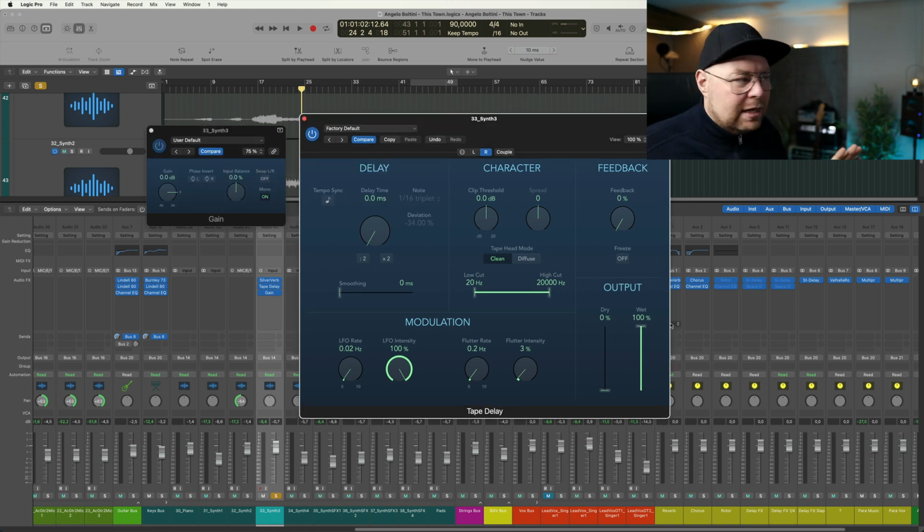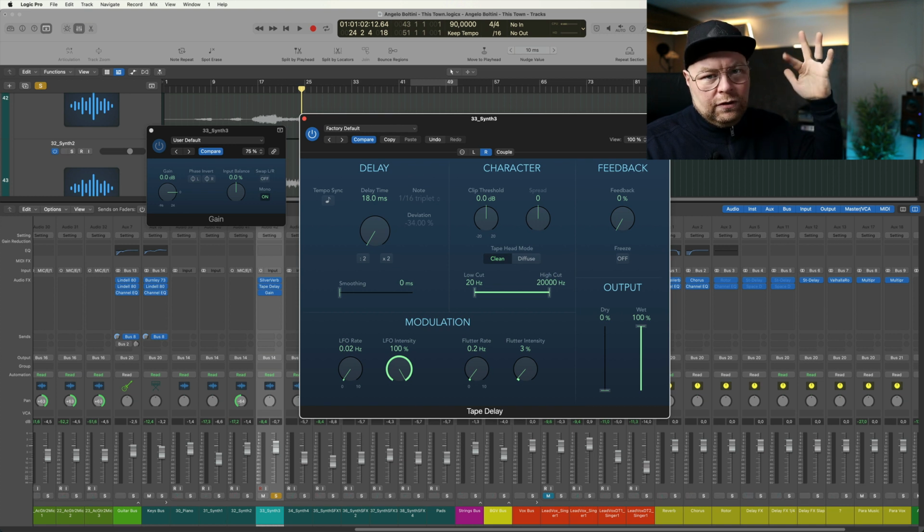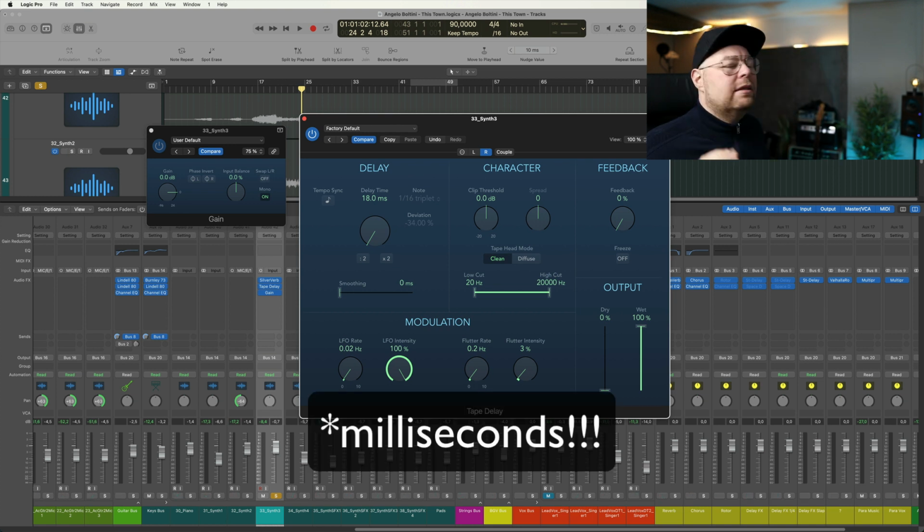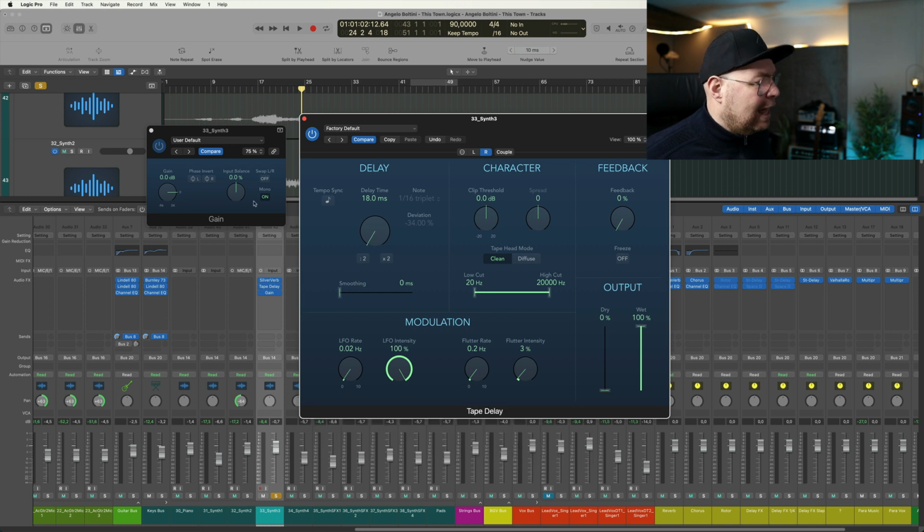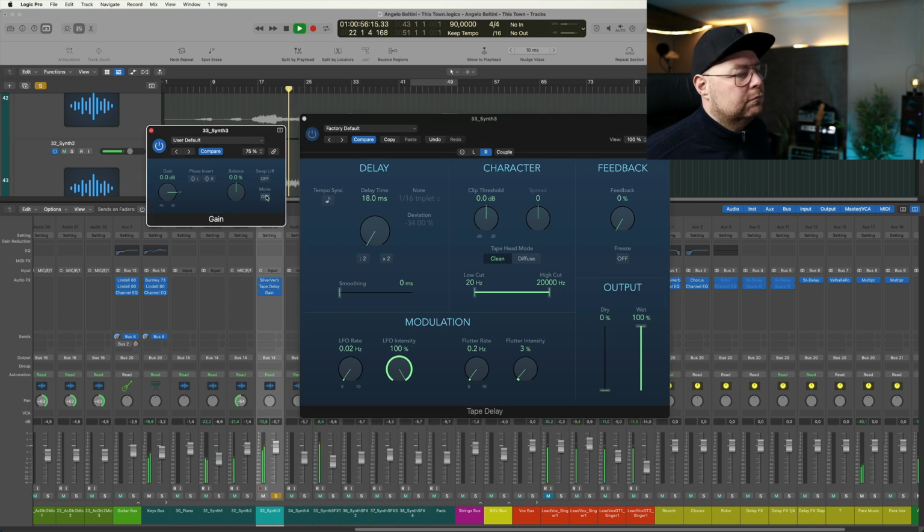On the wet side, I can use the Haas effect and keep my millisecond delay of the right side between 10, 12 and 30, 35-ish milliseconds. And this is the effect I get without the mono signal. Even wider, right? And when I push the mono button,